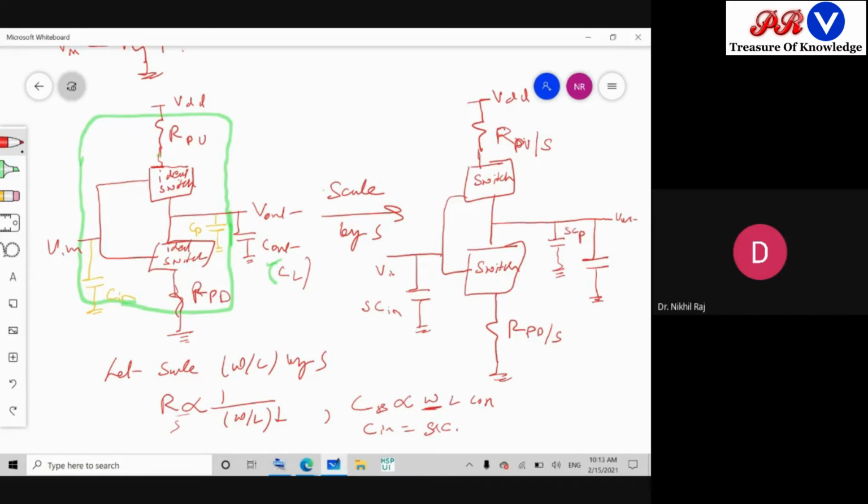And what about the output? The output is external to the load, acting as an external load. So nothing will happen to this one because we are scaling the dimension of the MOSFET. Due to scaling of the dimension of the MOSFET, there is a scaling of the resistance and a scaling of the capacitance, the associated device capacitance. The device capacitance is your input capacitance and the parasitic capacitance, whereas C out will be retained, no problem will be there.